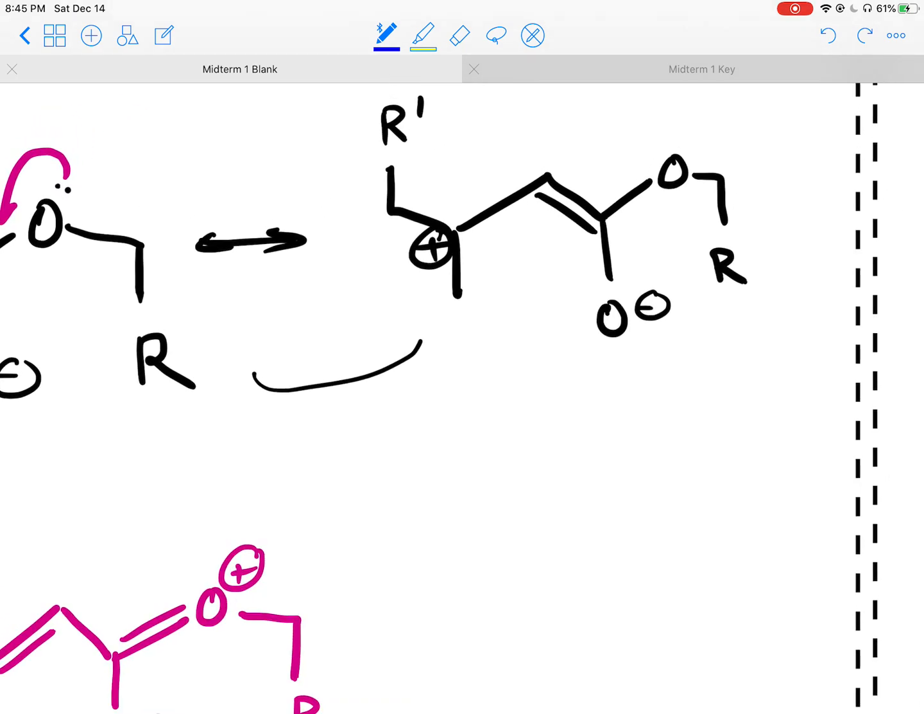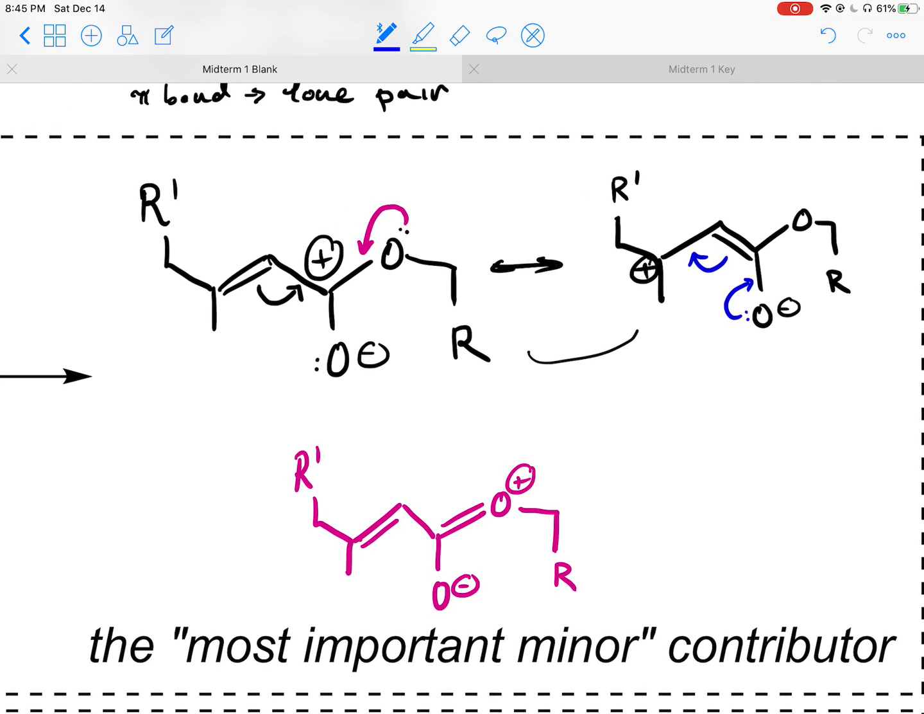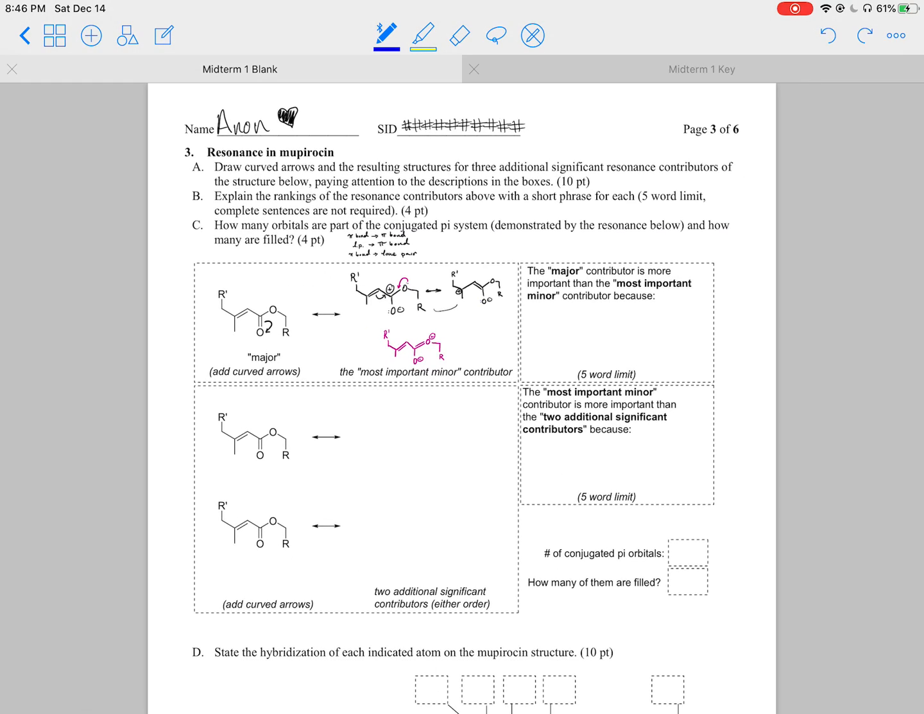Well, let's see. We could also move that pi bond there. No, sorry, we wouldn't do that. Sorry, that doesn't make any sense. We would have to move the electrons there and then either move the lone pair onto the carbon, which, like we said, we wouldn't want, or move it back here, but that'll just bring us back to this resonance right here. So, yeah, I think that's about it as far as the major or the most important minor